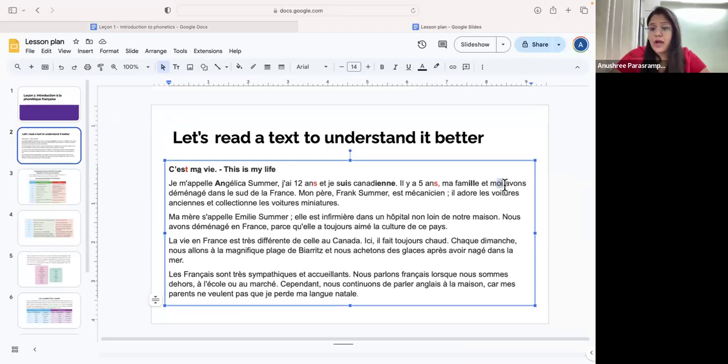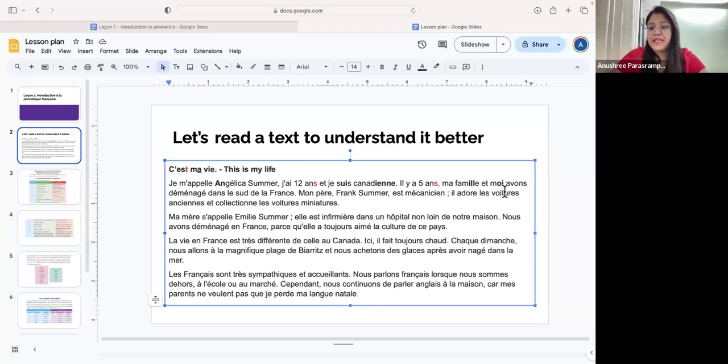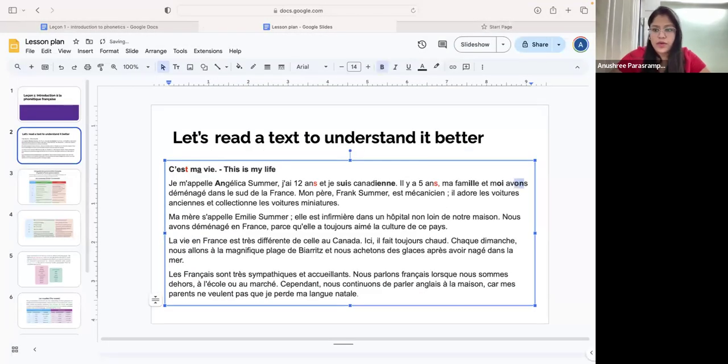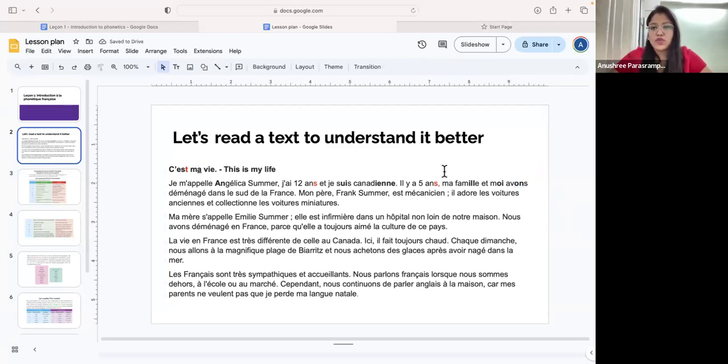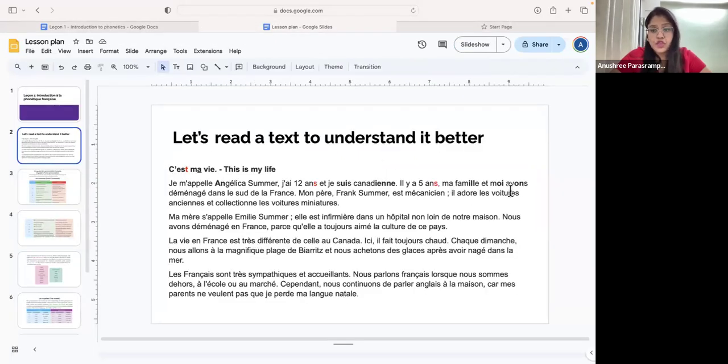Et moi. Now, OI is another sound which you're going to be learning. OI is going to be an OA sound. So like moi, toi, and so on and so forth. Okay. Ma famille et moi avons. Now, this is a very important nasal sound. Very important nasal sound. Just like AN, the sound is going to be on. Okay, so I'm going to put it in the same category as here. On. Okay, same sound as AN. So, avant,